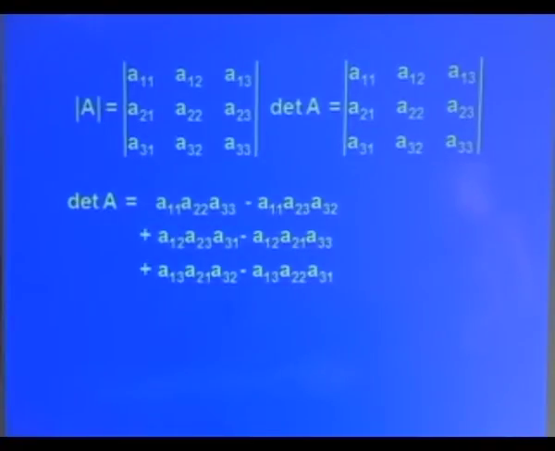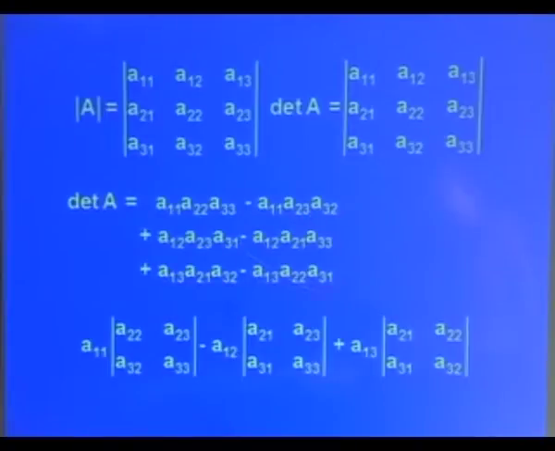Now, this is a 3 by 3 matrix, so there will be factorial 3 terms possible. So, a total of 6 terms are possible, and each term is actually a product of 3 elements, A11, A22, A33, and all these are different. Every time I am considering only one element from a particular row and column. This one can check in each and every term.